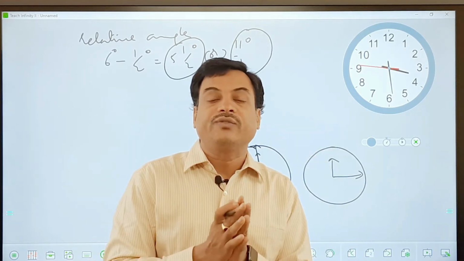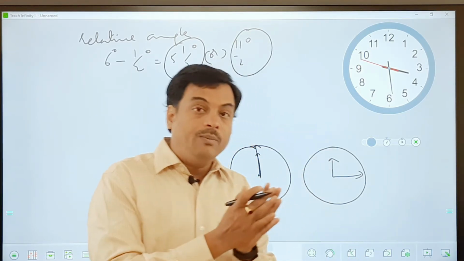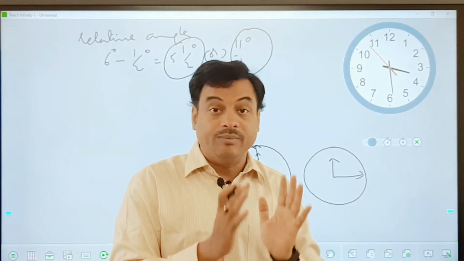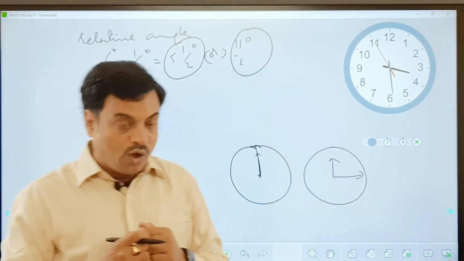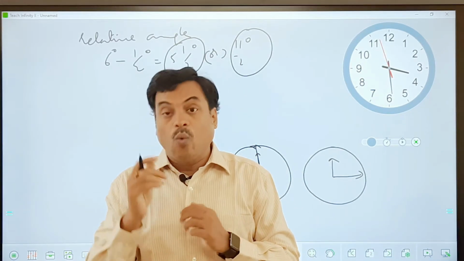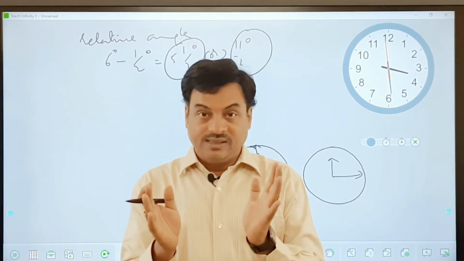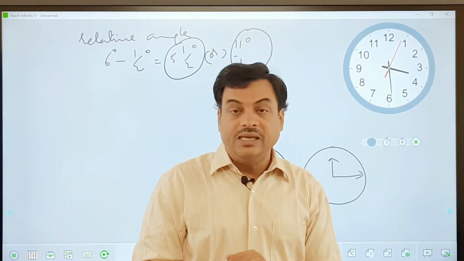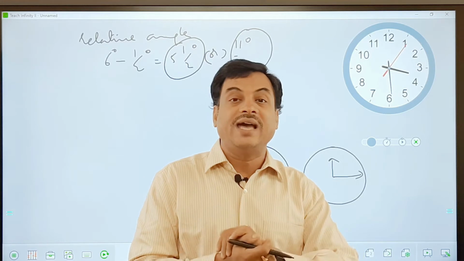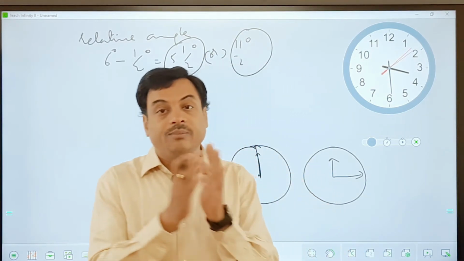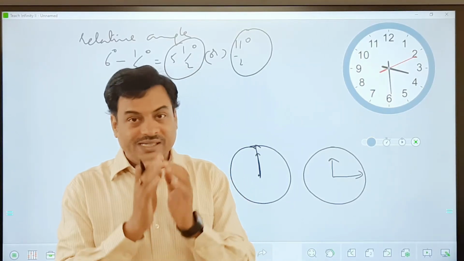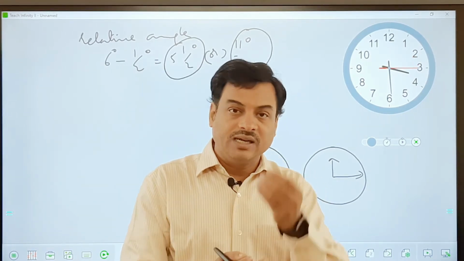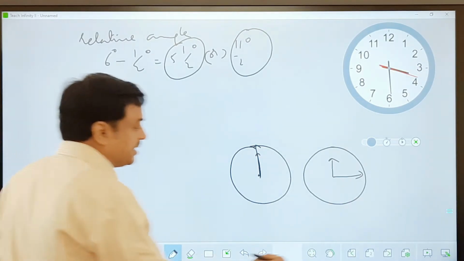And the whole calculation of clocks will be based on this relative angle and the gap generated between them. So here, the majority of the time the question will be, what is the angle between the two hands? Like right now we can see it is almost 3:30, and the question will be, what is the angle between the hour's hand and the minute's hand? And to understand this angle concept, we need some more basics here. So I'll try to discuss one more basic with you.